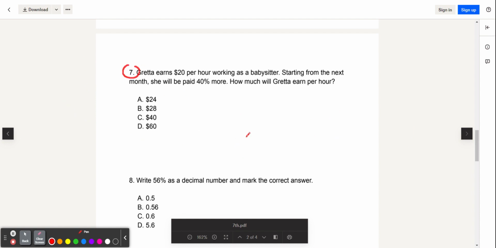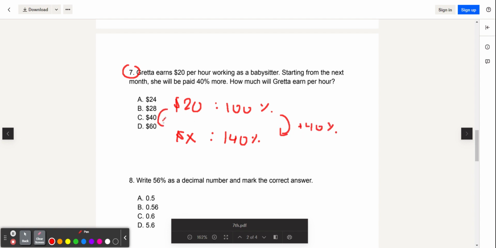I think I rushed a bit. $20 is 100%. This is the ratio symbol, or use it to show that two things are alike. So, an unknown amount of money is 140%. You might be tempted to just add 40%, which seems right, but then how do you add 40% to $20? That's a bit weird. Instead,